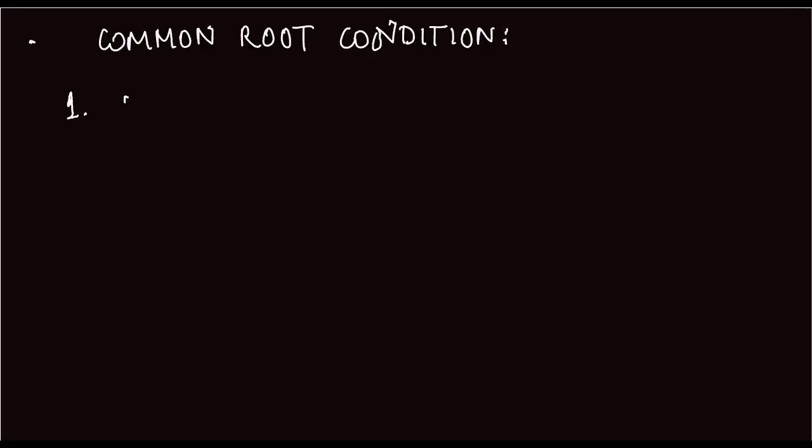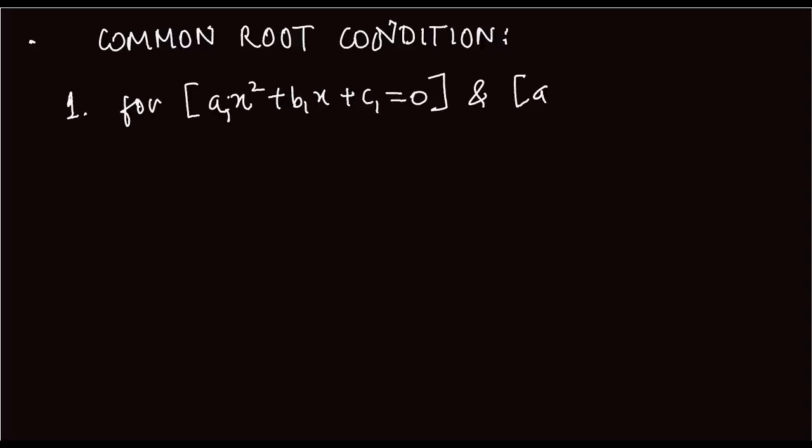So first condition, for a1 x square plus b1 x plus c1 equals 0, and a2 x square plus b2 x plus c2 equals 0, for these two equations to have a root in common,